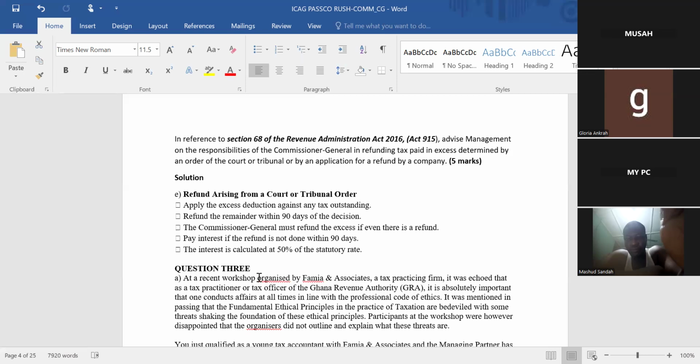Now, another question that came was, in reference to Section 68 of the Revenue Administration Act 2016, Act 915, advise management on the responsibility of the Commissioner General in refunding tax paid in excess, determined by an order of court or tribunal, or by an application for a refund by a company. 5 marks. Very simple. You know, there are instances where companies overpay taxes. Now, just by way of brief background, the previous law, prior to